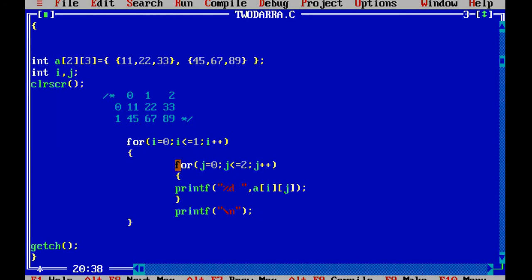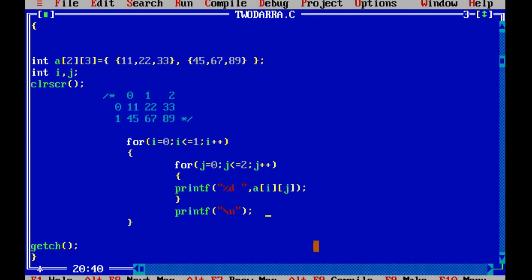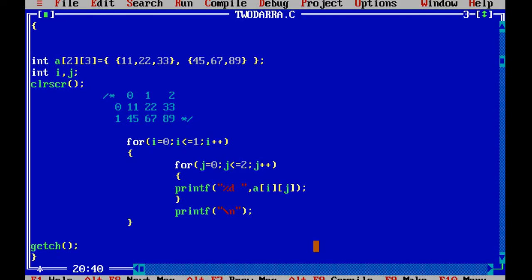Through this j loop it will print one whole row, and after printing one row I want to go to the next line, so print the \n. Let me compile and execute the program. Now you are able to see that it printed 45, 67 and 89 on the next line. So like that you are able to print the values from the array.